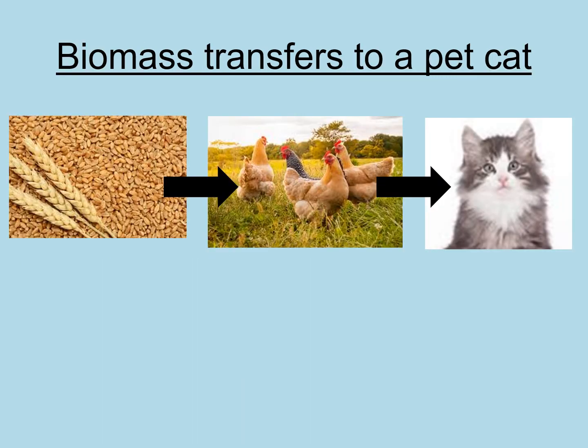Okay, so let's look at biomass transfers and biomass losses in this example of a food chain here. So we've got wheat grains here, which are eaten by chickens, and the chickens are made into cat food, which is eaten by the cat. Okay, so where does this wheat get its energy from? Well, all plants get their energy from the sun, which shines down, and when the wheat is growing in the field, it's not this brown colour, it's slightly paler, and they also have green leaves. So the sun shines down, light energy